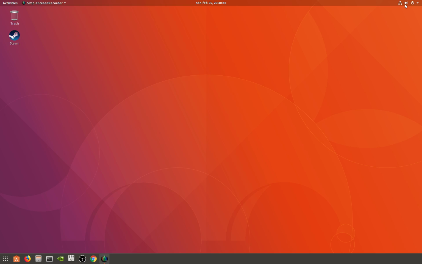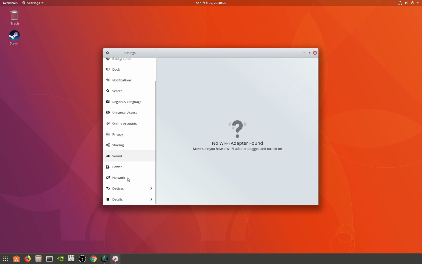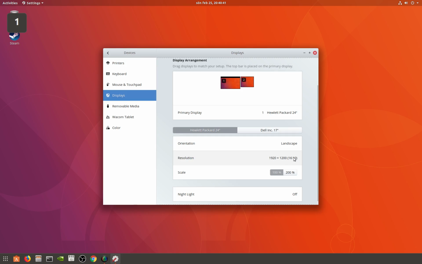So if I actually go to settings here and to devices and displays, you see here, and here's another thing, the second monitor that I have will always be reset, even though I want it at the bottom. It's always at the top when I start the computer. Really annoying. And here you can see the resolution on my monitor,